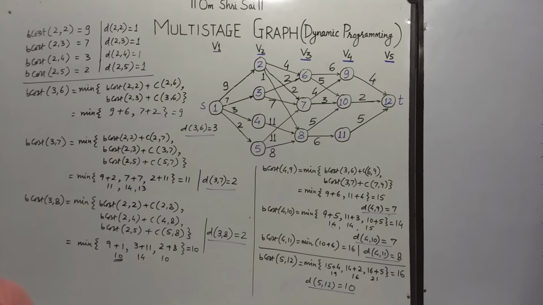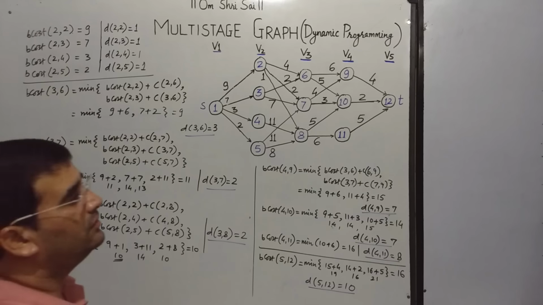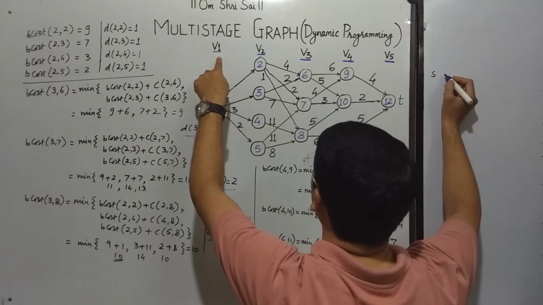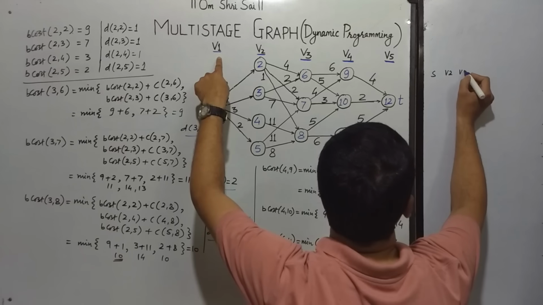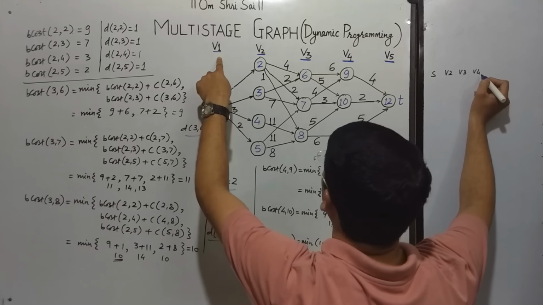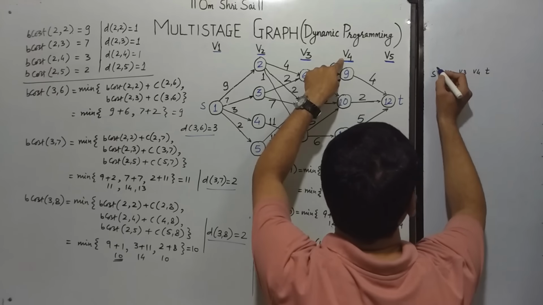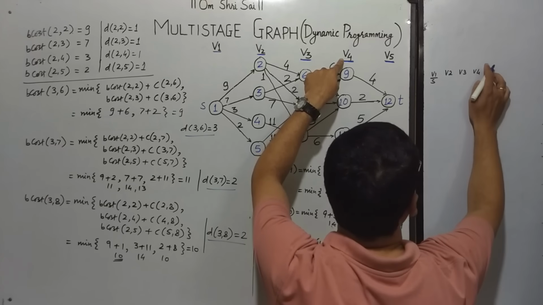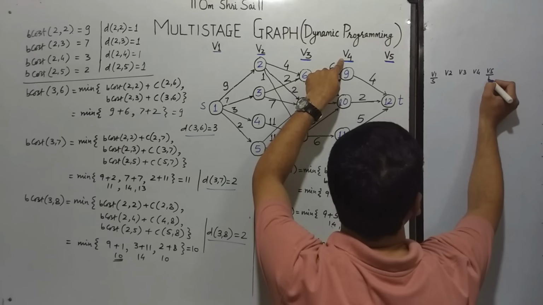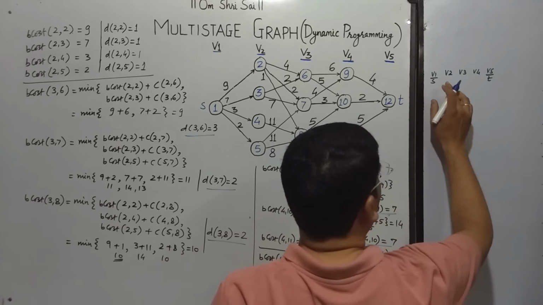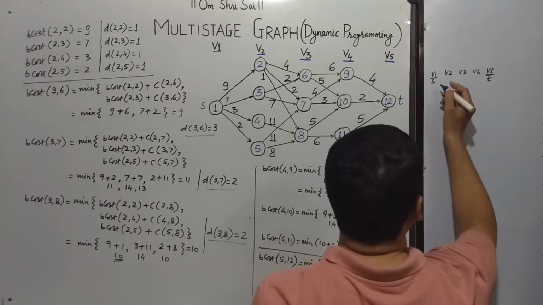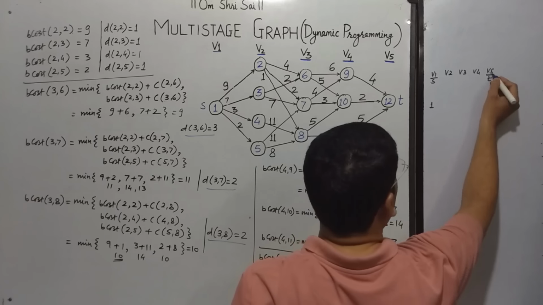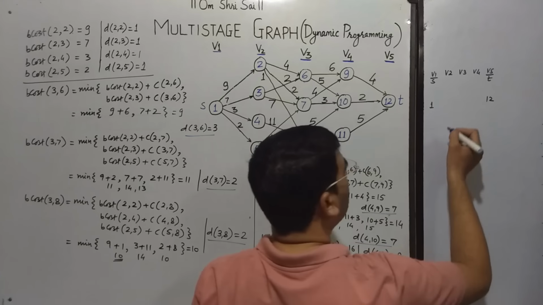Now we have to obtain the path from S, that is at the level V1, then V2, V3, V4 and V5. That V5 is T. Let's say this is V1, and at V1 which vertex do you have? S, and here at the V5th stage which vertex do you have? T. So I want to find a path from this S to T. Now what is this? This is 1. What is this? This is 12. So now I'll have to find the paths.